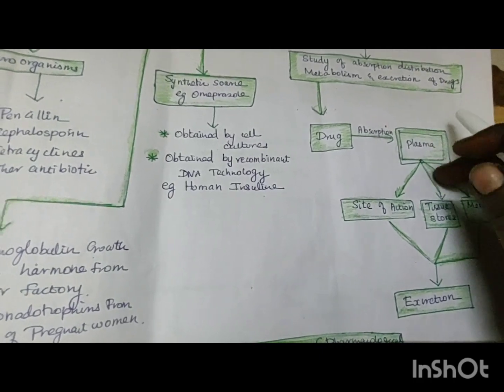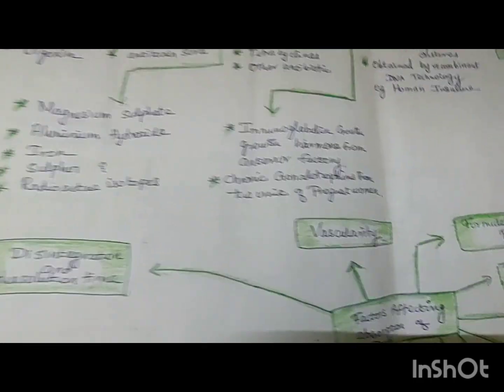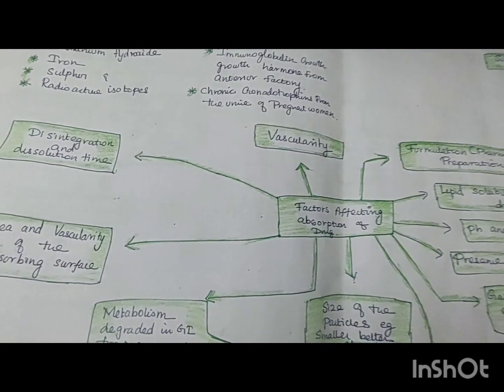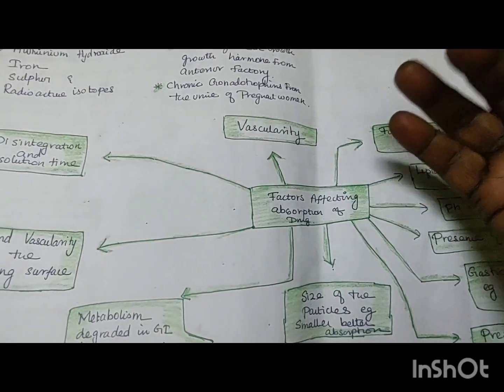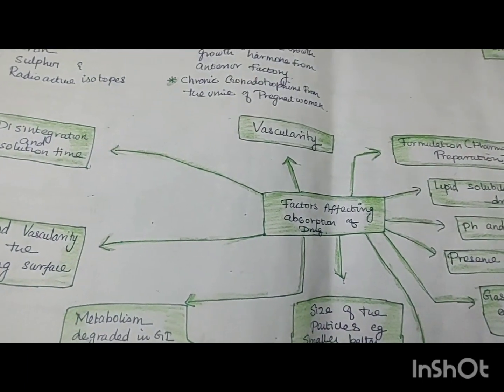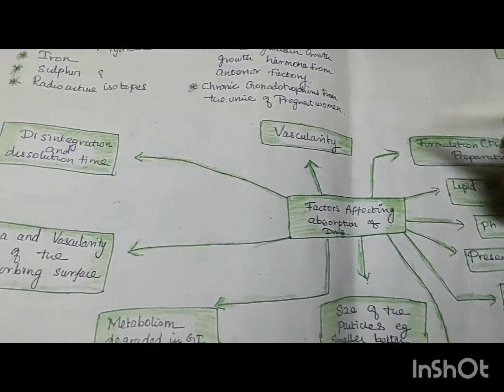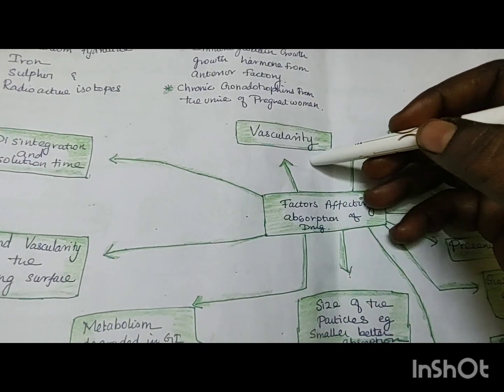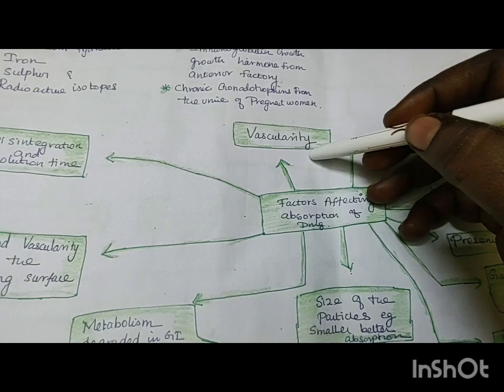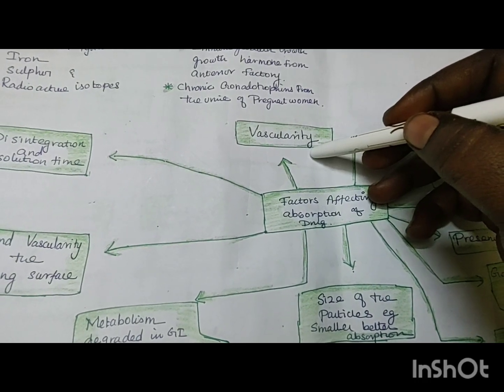That's very important. So what are all the factors which affect the drug absorption? For example, some drugs are well absorbed, or you need combinations with another drug, which will be helpful. Sometimes it will be vascularity. How does vascularity matter? For example, the child is having a fever. The doctor will tell to put this one, which is better.